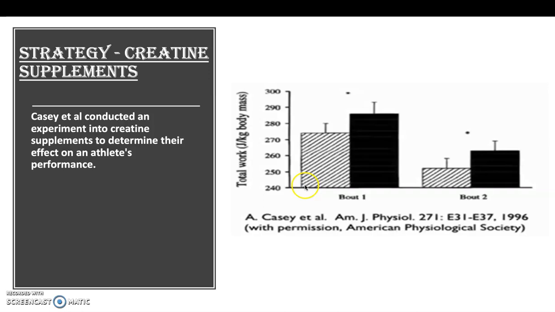So here we have a diagram that is showing a comparison between the athletes who took a creatine supplement, which are represented by the black bars, and those who didn't, by the striped bars, the control group. This is Casey's study to determine the effect on the two different athletes, whether they had